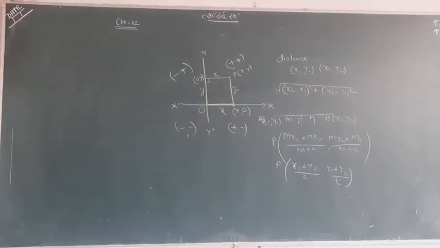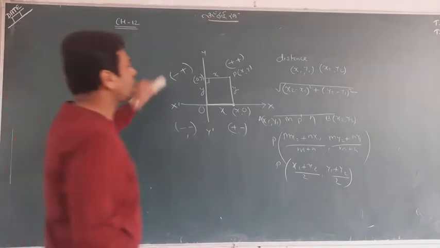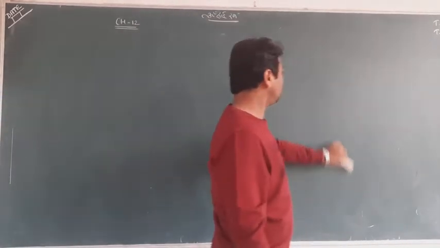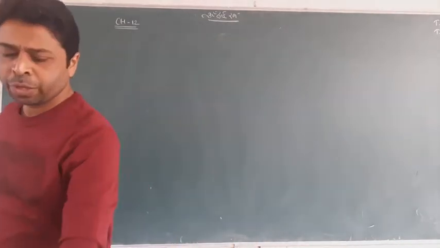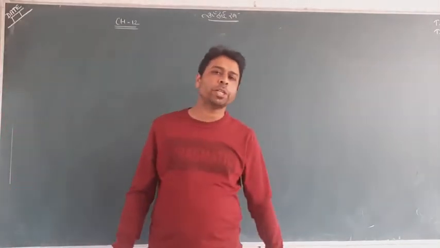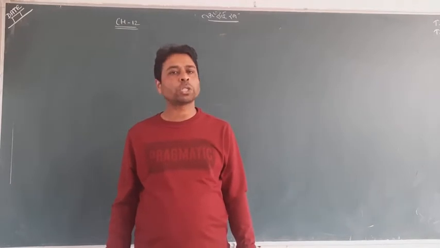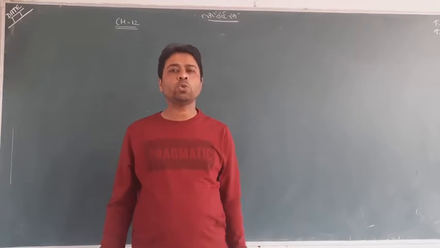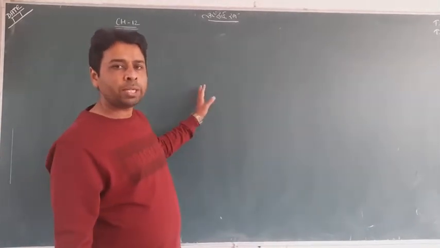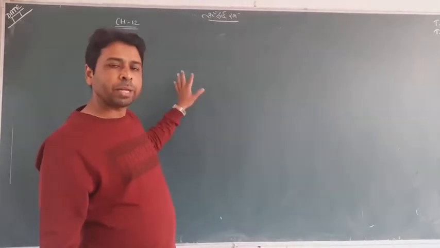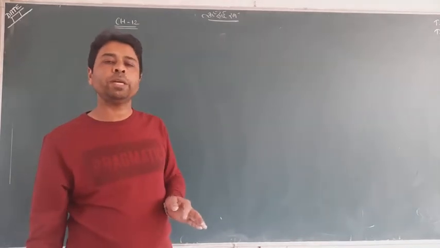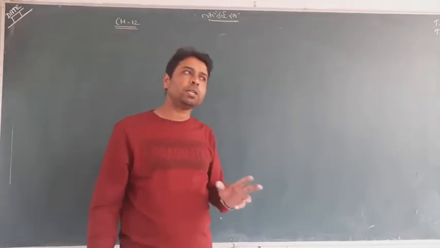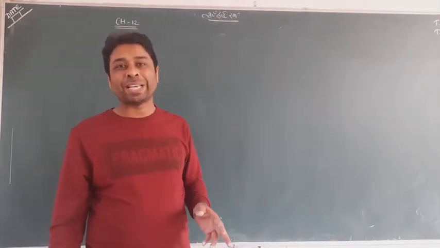Now let me come to three-dimensional geometry. What is the real difference between these two? In two-dimensional geometry, we have two axes. In three-dimensional geometry, we have three axes. Two-dimensional geometry can be studied completely on a plane, but three-dimensional geometry cannot be completely studied on a single plane, because it is three-dimensional. It can be studied in space.